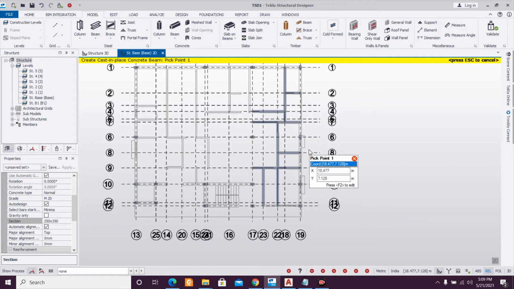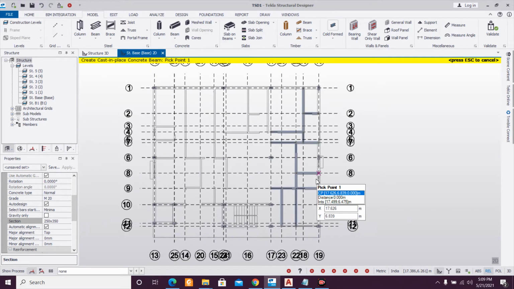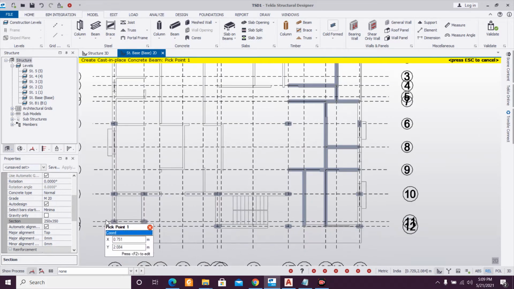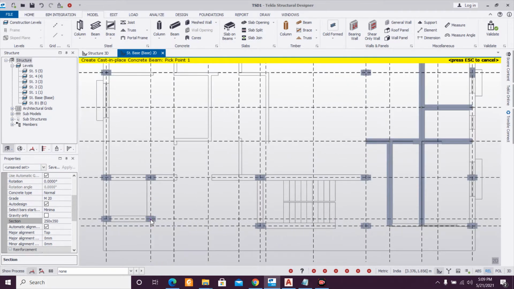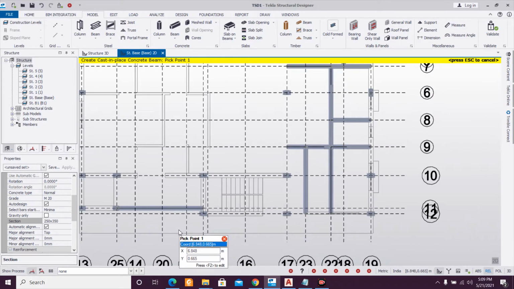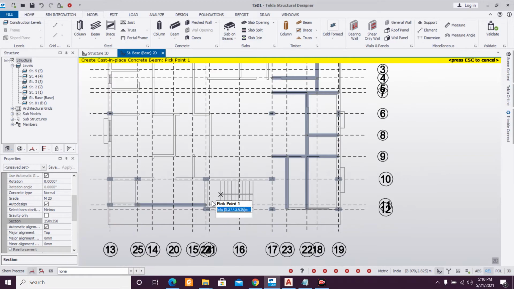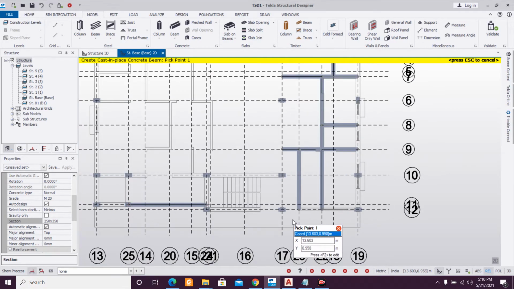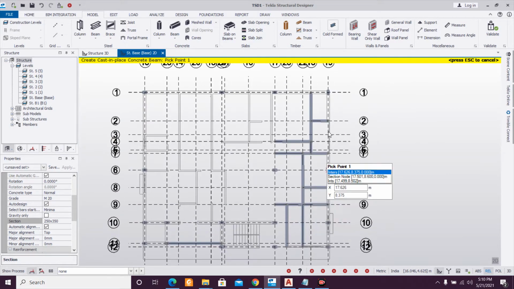Secondary beams, any other secondary beams required? I don't think so. Rather, as this is the existing building position, there won't be any secondary beams, and all these are okay. There is one secondary beam here because this is not the same line. 1, 2. Now I think all these remaining are the primary beams.